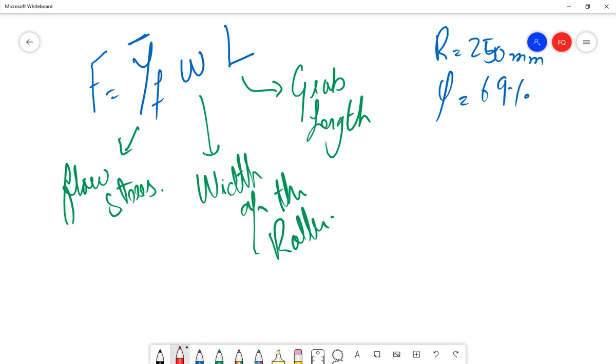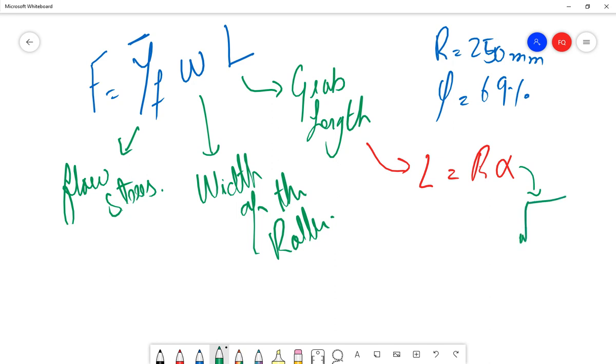What we can do is this grab length is something which we can calculate from L is equal to R alpha, and we know this alpha which is coming from the simple equation